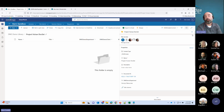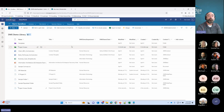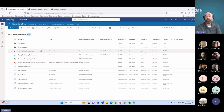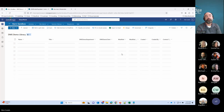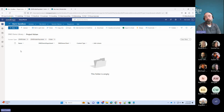So let's begin to take a look at some of the differences between a plain folder and a document set. If I'm here at my root, let me switch my view over. And I've got a view that shows just folders. If I can get it to work, let me refresh my view again. There we go. If I have this view here and I go into Project Vulkan and I want to work with it, you'll notice that my view actually doesn't change. So I'm in my folder, Project Vulkan, but my view has